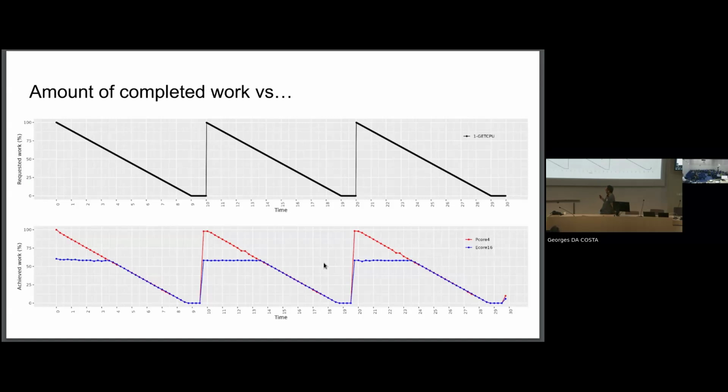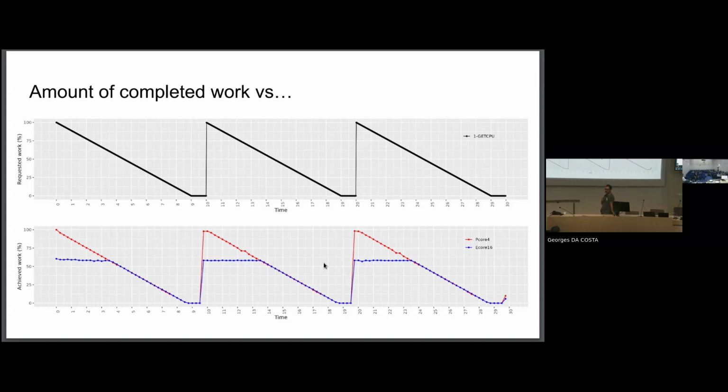You see at the top plot on the screen the amount of work that we are requesting from the CPU, based on 100% being the work that the biggest CPU on the machine can achieve, meaning that at this point we are requesting 100% of the work, and as time elapses, we request less and less work